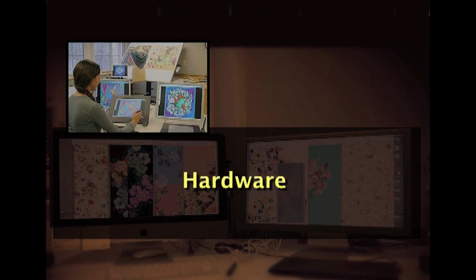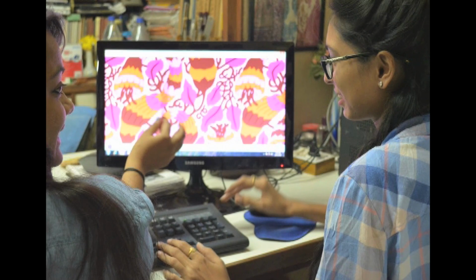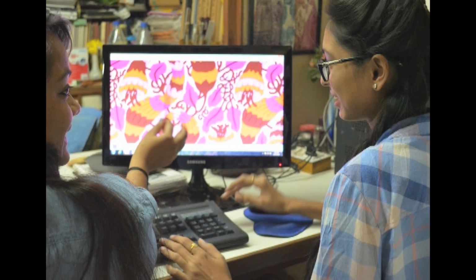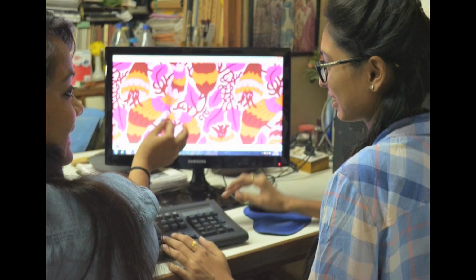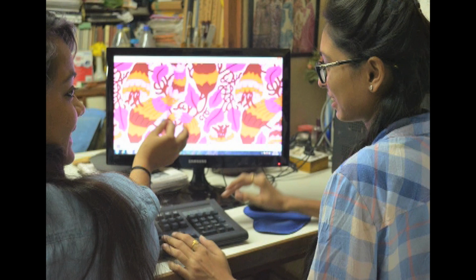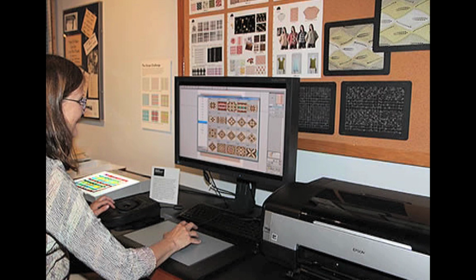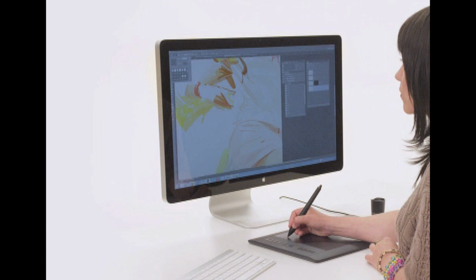Coming to the hardware, how do we select a monitor or video display? To work with all CAD software, it is better to select the largest monitor with the best resolution, as it facilitates greatest ease in working. A 15-inch monitor is a standard monitor that may not fulfill the requirement of the designer. A 24-inch monitor, which costs a little more than the standard one, may be an ideal tool for viewing the design. A 27-inch to 34-inch monitors are also available, which are very expensive and affordable by only few people.